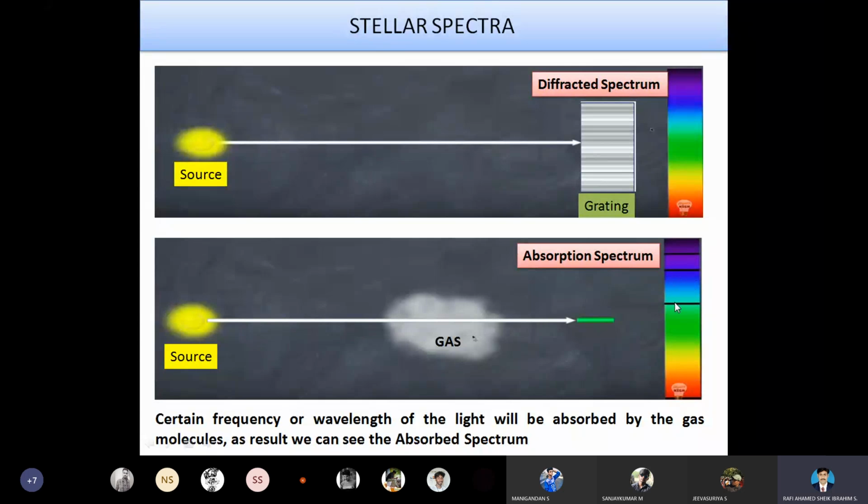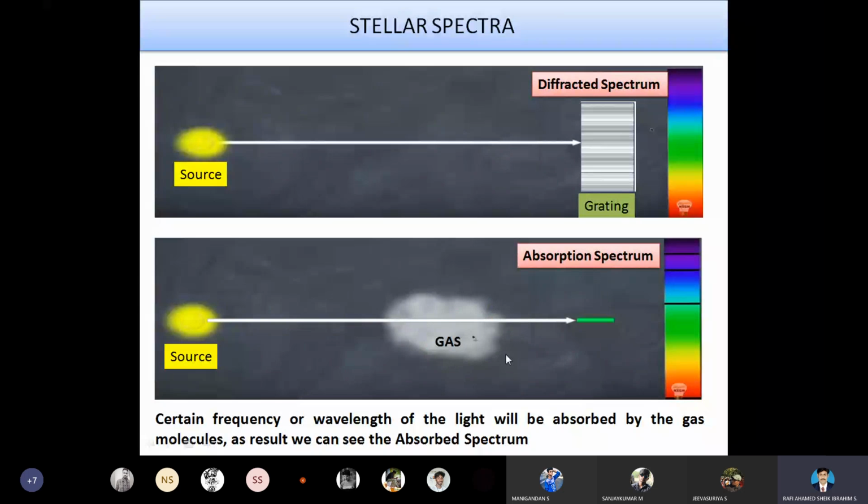This dark line is nothing but an absorbed line. So when the gaseous molecules are bombarded with the emitted solar radiation, they will absorb the energy. These changes we are going to study in our topic. So this is a small objective, a small introduction for our further content classes.